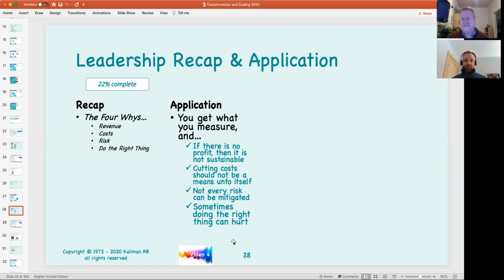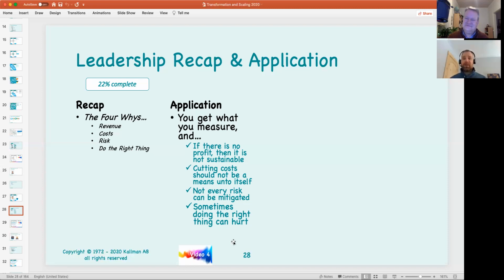Second, cutting costs shouldn't be a means in and of itself. We can't just say 10% off the top. Okay, well, 10% off the top is going to create issues, probably magnified by another percentage, that you're going to have to mitigate. So we don't want to say, let's just do it for the sake of doing it. We've got to have that effective plan to move forward in doing it.